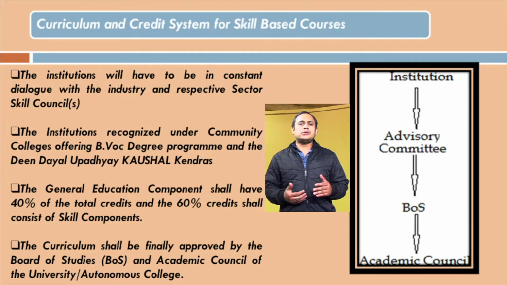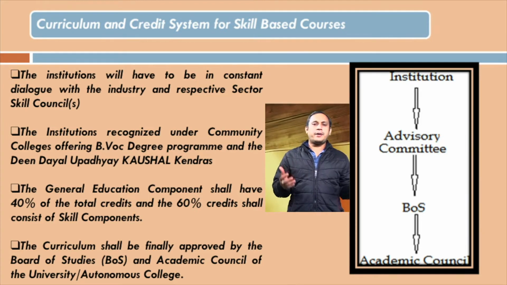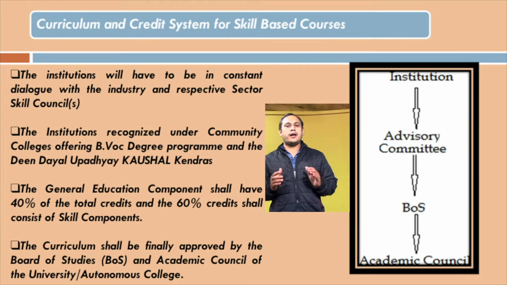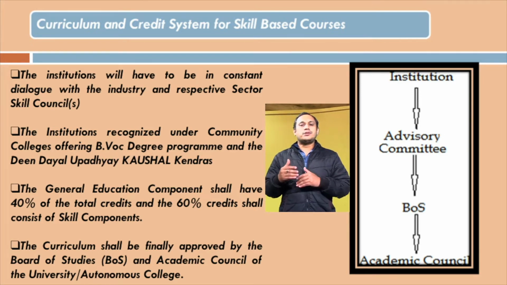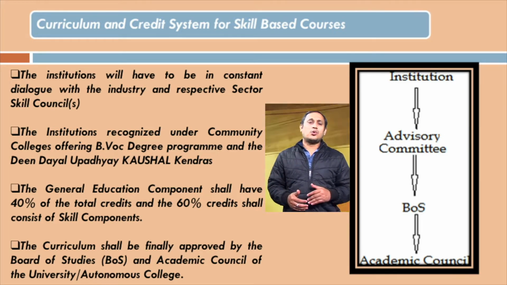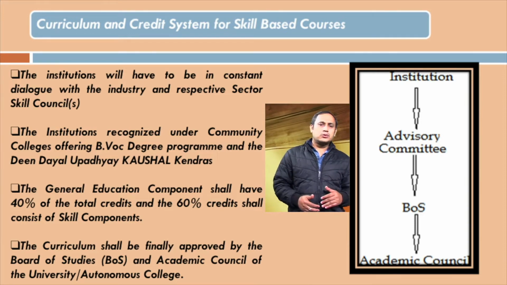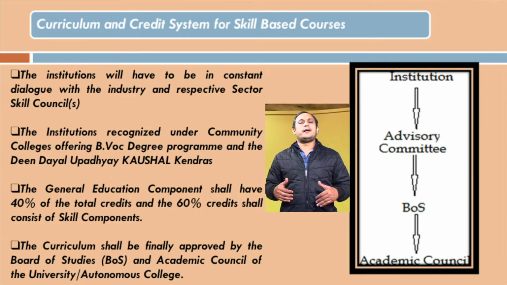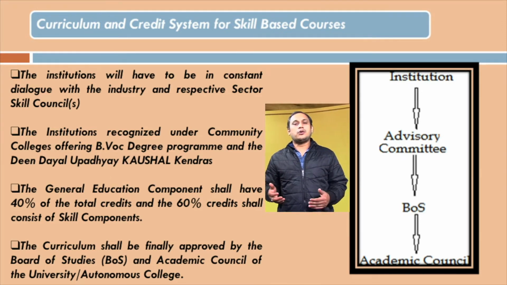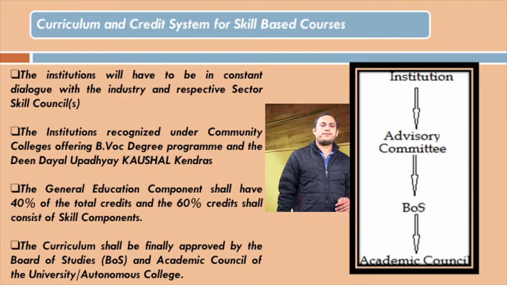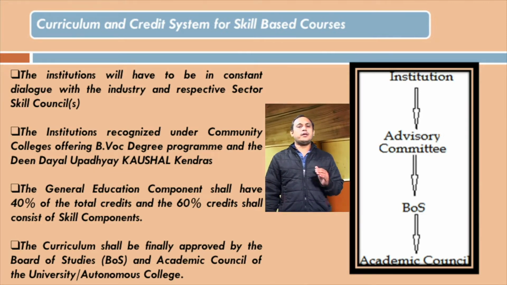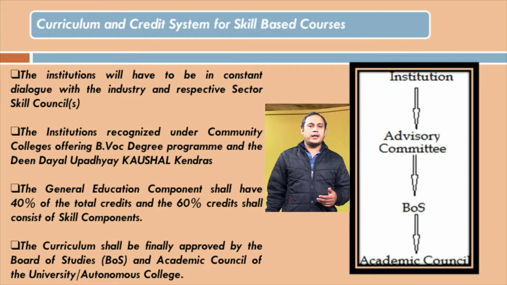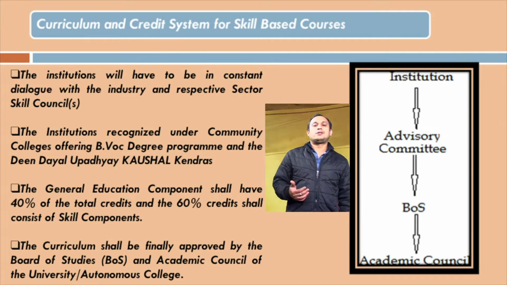The institution shall prepare a curriculum as per the UGC guidelines for curriculum aspects, assessment criteria and credit system for skill-based vocational courses and place it for vetting by the UGC advisory committee constituted under these guidelines. Now the curriculum shall be finally approved by the Board of Studies and the Academic Council of the university